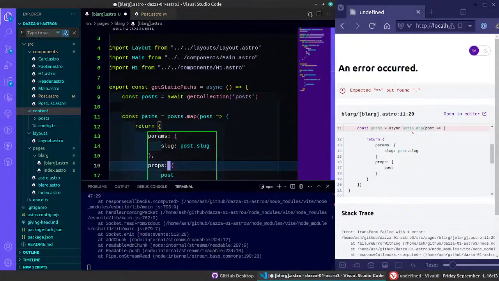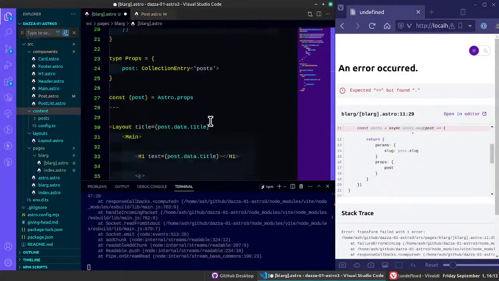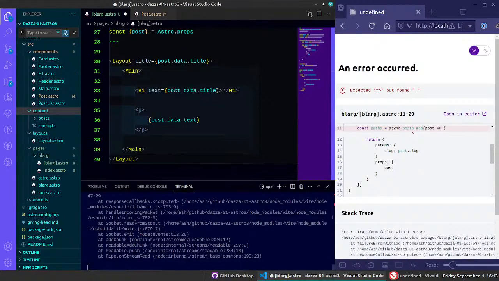Alright, let's just see what he's up to in case I've done something else wrong as well, but that looks right to me. So we'll reference the title of this. Then we also want to add a reference to the image as well, so we'll import that Image component from assets. We'll set the source to post.data.image, and we'll set the alt to reference the title. So if we now just save this and make sure our application is running, let's go back and see if